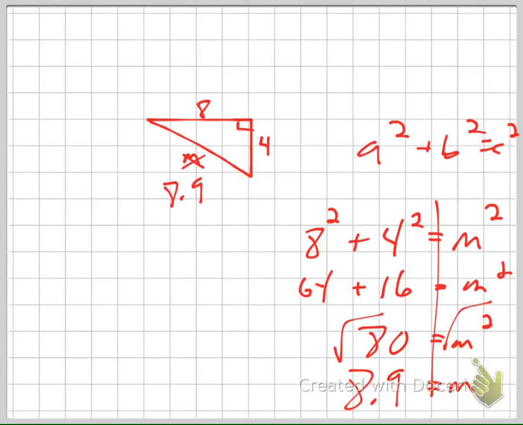Does it look like that's about true? If that's 4 and that's 8, then this one needs to be the biggest one, the longest one, right? It needs to be. And does that thing look like it's just a little bit longer than this one? Yes. Yeah, I agree. You can't always let your eyes be the judge, though, because sometimes they won't be. I could have made this be